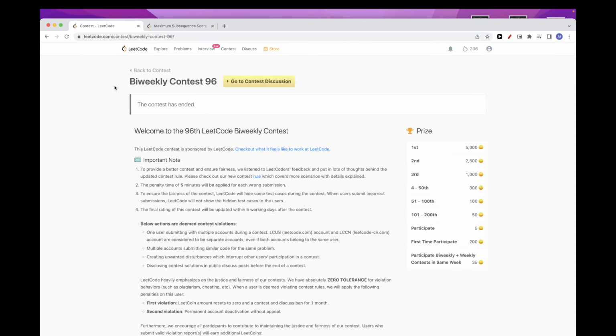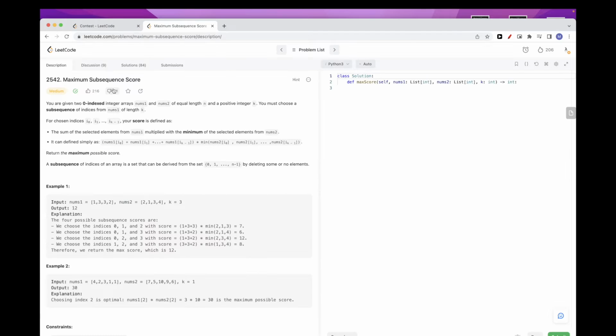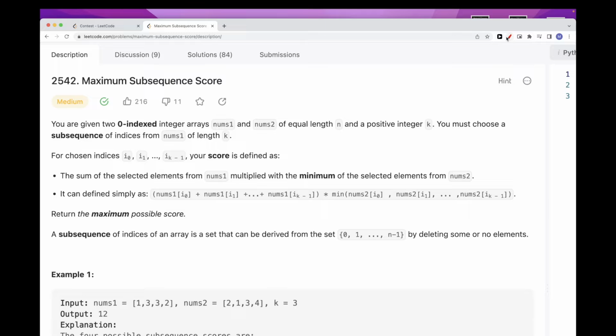Hello, so today we are going to continue on problems from the biweekly contest 96. So the third problem is maximum subsequence score. What this problem says is we get two arrays, nums1 and nums2, and a positive integer k, and both these arrays have the same length n, and you can choose a sequence of indices from nums1